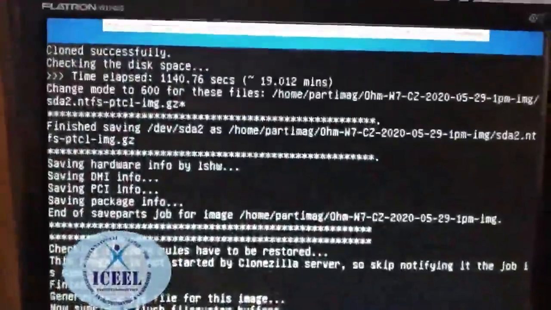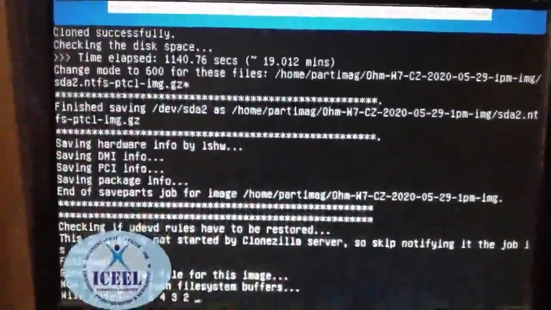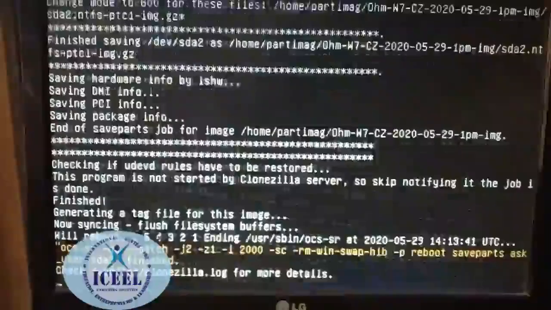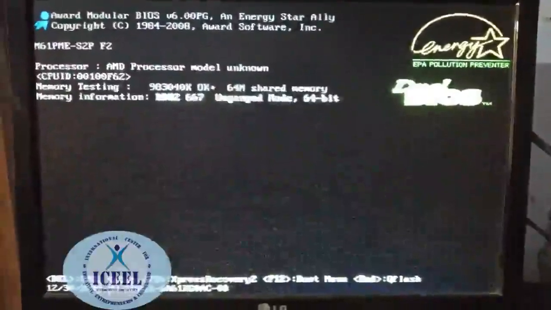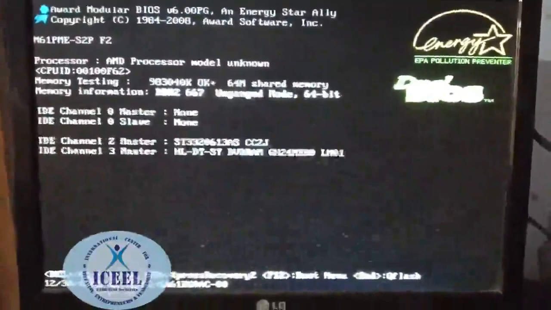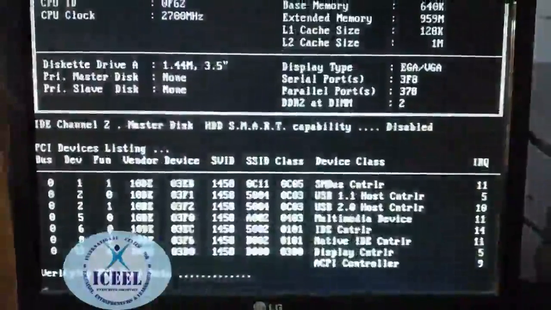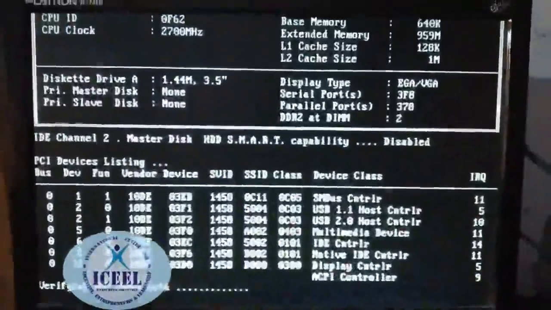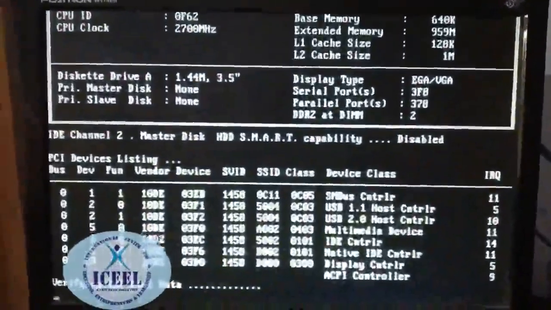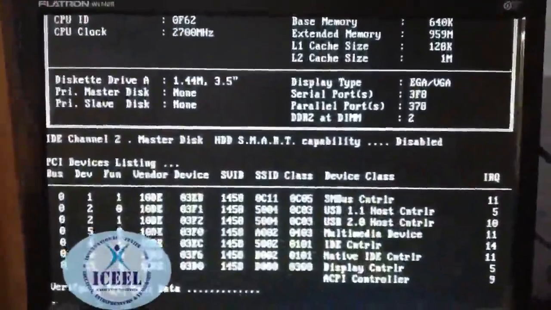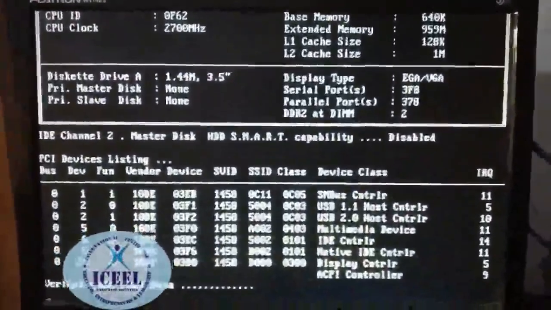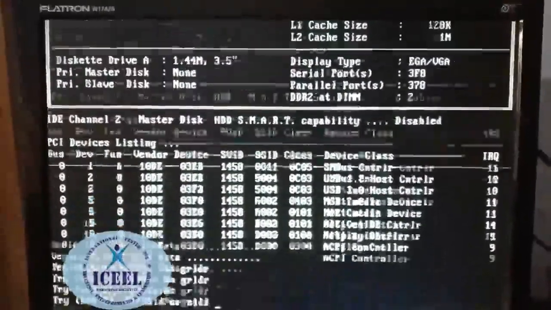You can see here the 100% process is complete, and now the PC is automatically rebooting. Now when the PC reboots, again you will see that same Clonezilla backup or restore menu, but this time I'll go into Windows directly instead of getting into the second number menu or fourth number menu.